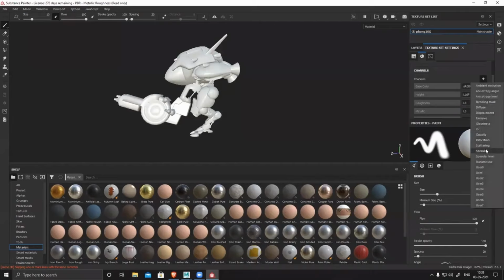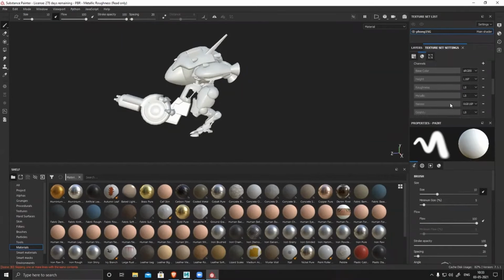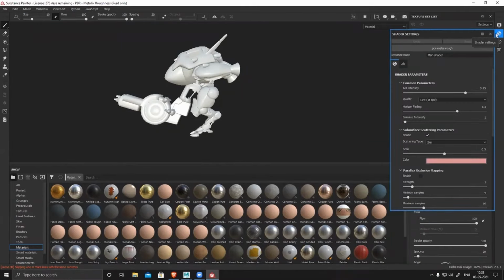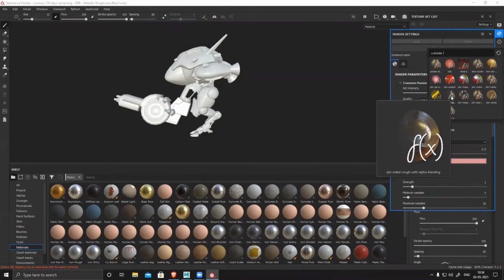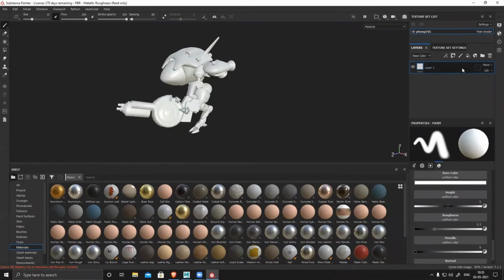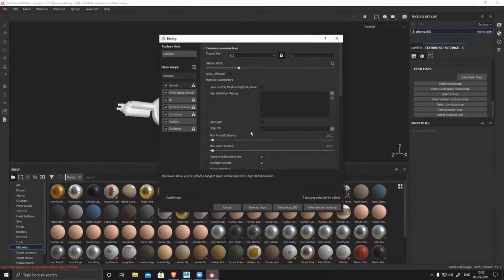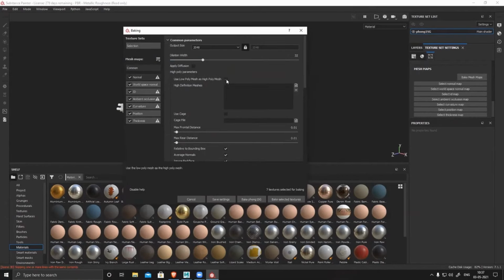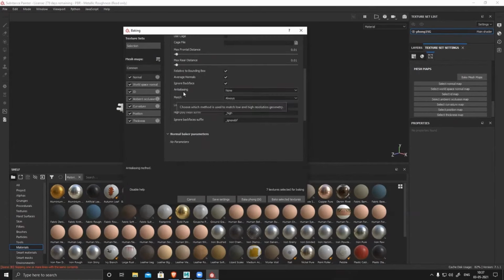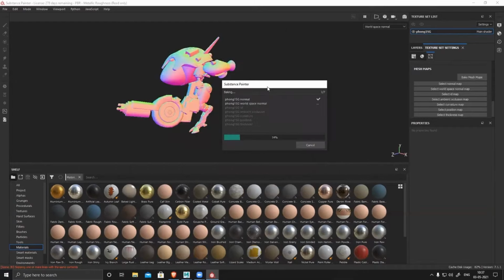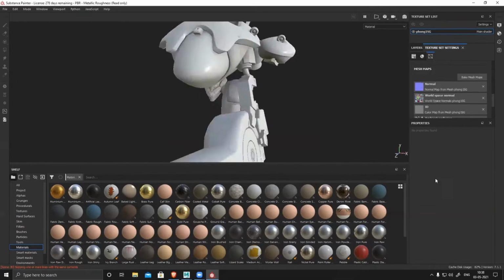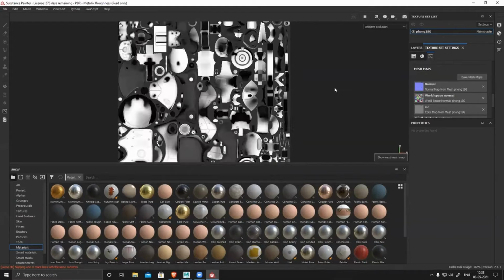Then I took it to Substance Painter for texturing. So now I'm going to texture, and because I have a glass part, for that glass part to work you need to activate the alpha in the material. Here I am baking the entire model together, but this is not the right way of doing it. I'm just doing it to show you what the problem is.